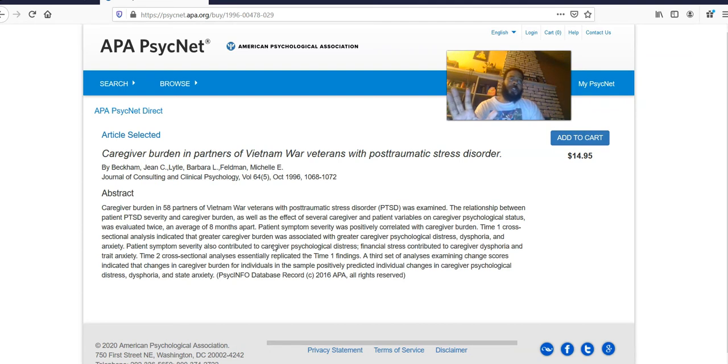If all goes according to plan, and I have not fully tried this, but I think it's going to work, then I should be able to pull up the Journal of Consulting and Clinical Psychology, and get the full text of this article through the library without having to pay for it on the open web. So let's see if Dr. Chase is correct.